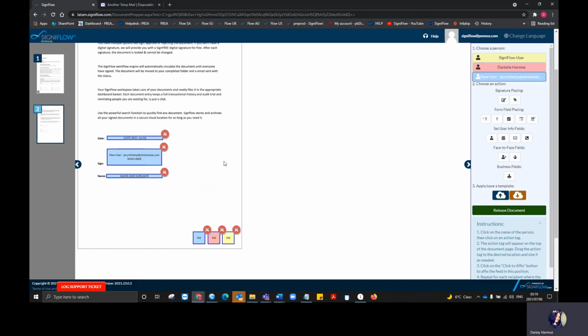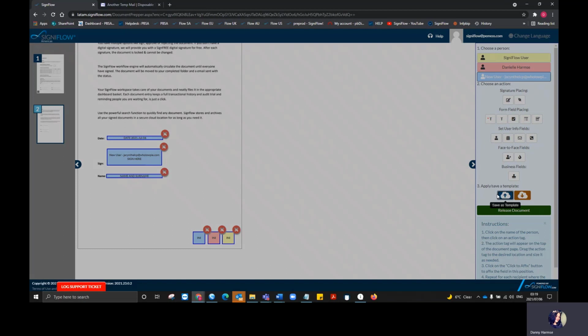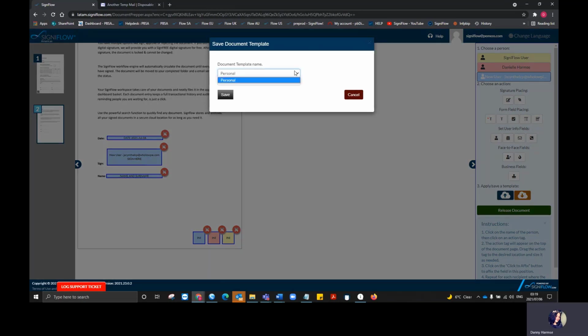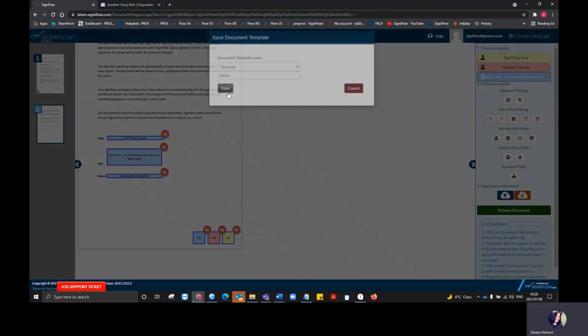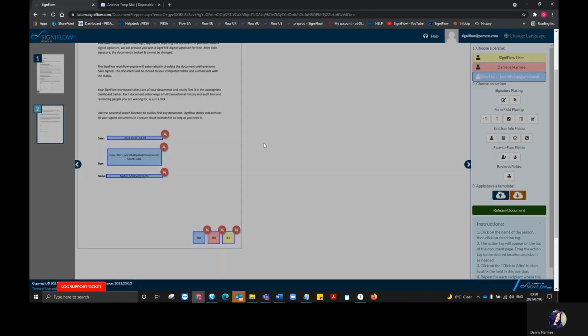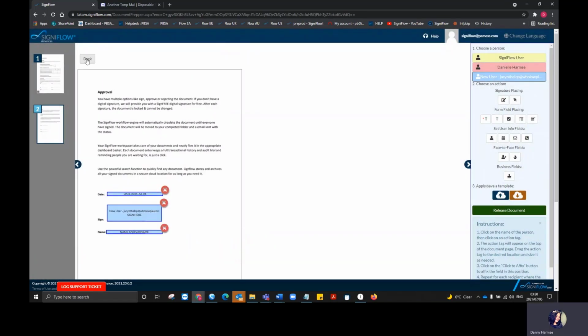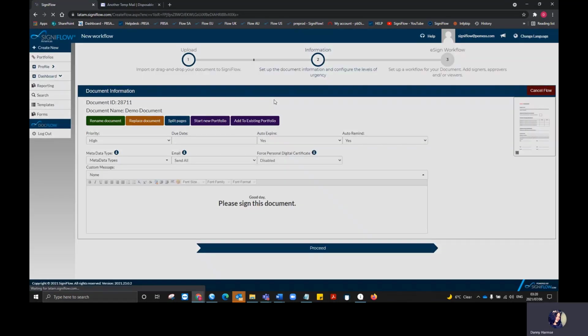Once the fields for my third signer have been added, I click on this little blue upload button to save my template. From there, we select our scope, create a name, and click on save. Now what this does is, if I start a workflow from absolute scratch, I will show you how to use